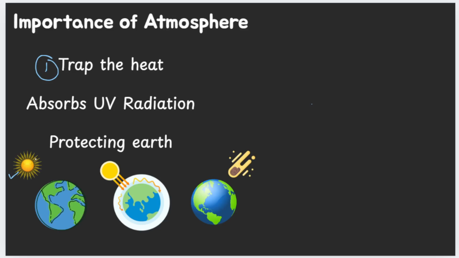So what does the sun do? Of course, it sends a lot of rays, a lot of heat to the earth. So what this atmosphere does is it maintains the right temperature for the earth. It sends the right temperature to